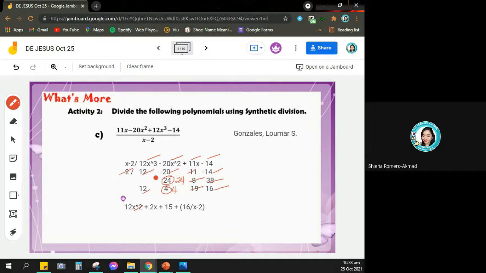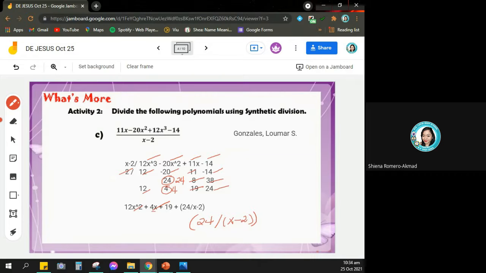Tingnan mo na. Ito. Yan. So we have 12x squared plus 4x, correct? Plus 19 plus 16 over x minus 2. Siguro dito, ang pag-type mo niyan 16, ay dapat pala 24, bakit ako 16? Dadamay ako eh. 24 over, tapos may parenthesis pa dito. Kasi group siya, so may parenthesis siya na sarili. Tapos, meron pang parenthesis to make it fraction naman. Okay? So,